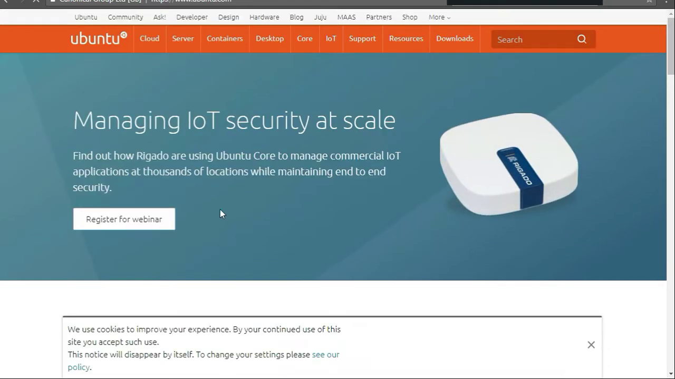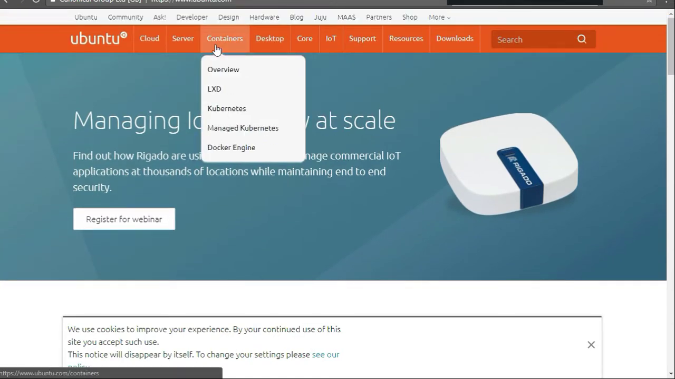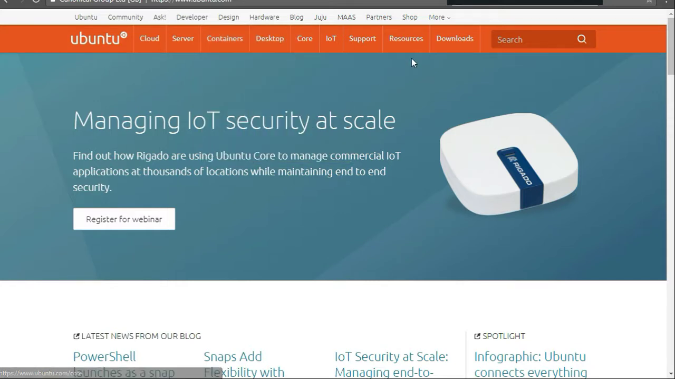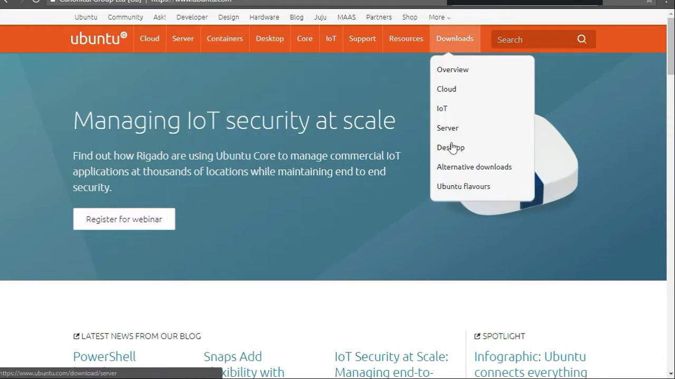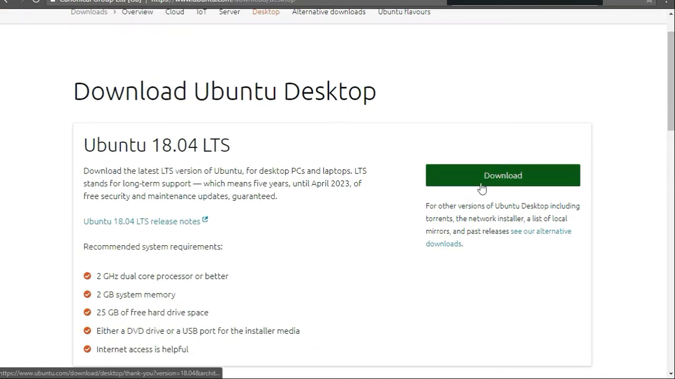Okay, here is Ubuntu. Wow, that's really nice. So let's see. We're going to download the desktop version. We're going to click on downloads and we're going to go to desktop. And we're going to download the desktop Ubuntu version, latest and greatest. Click on download,